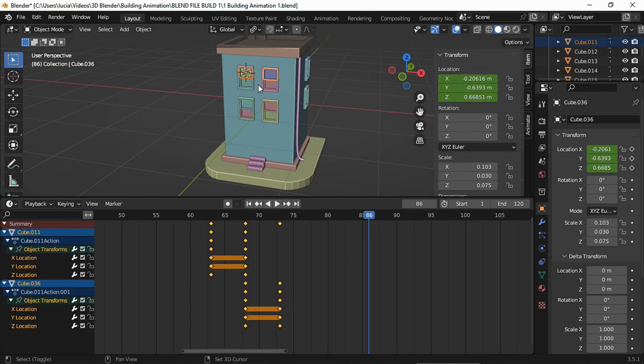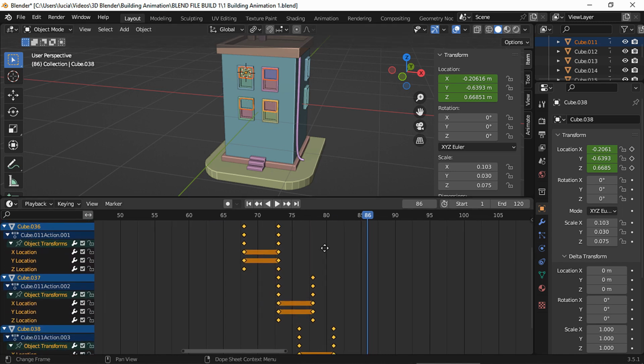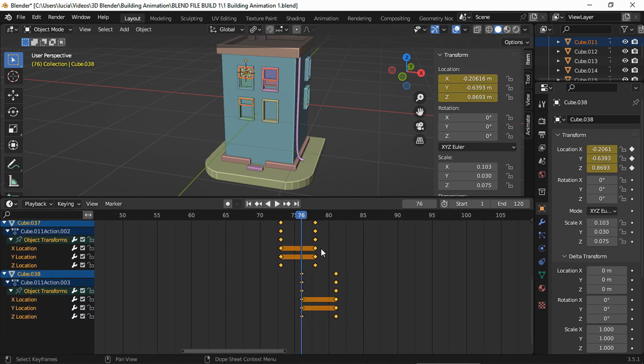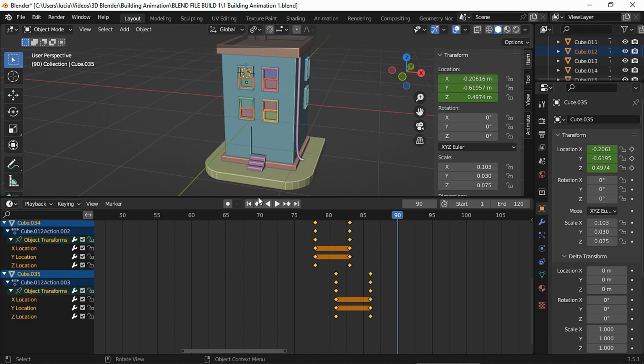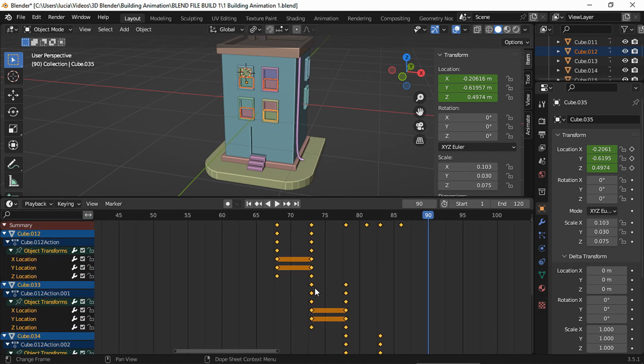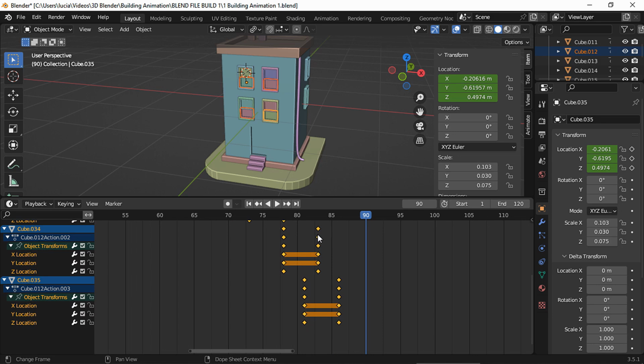Let's see all the upper sashes and all their keyframes are evenly apart, except for this one, which is the one where I forgot to move 2 frames, like I mentioned a couple of minutes ago. Now let's see the bottom sashes all together, and again I forgot to move the 4th one 2 frames forward. You can move them if you like, so they are evenly apart.